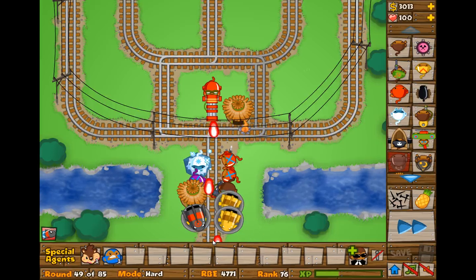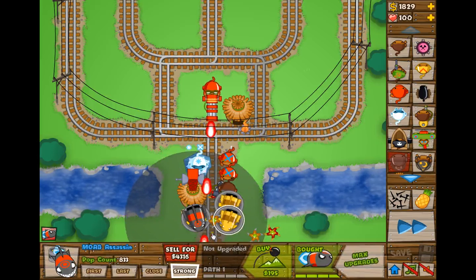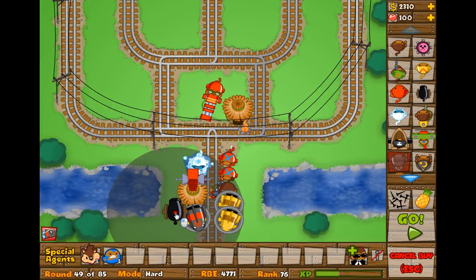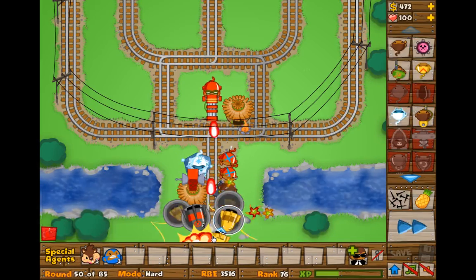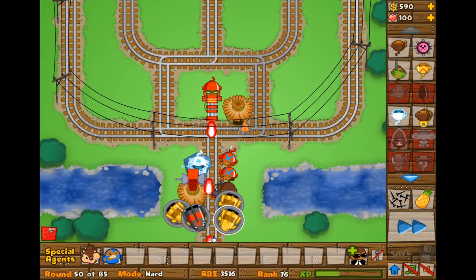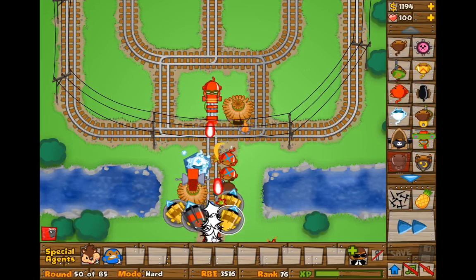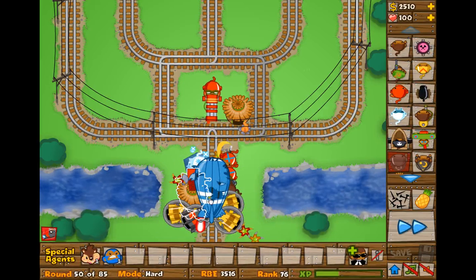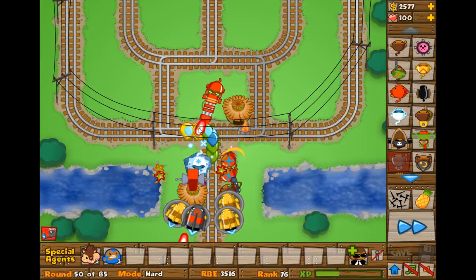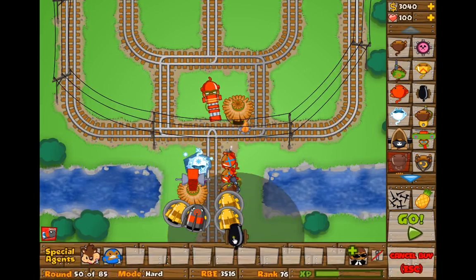Alright, let's get this. So 4 plus these fast-firing towers should be enough to kill this second Moab before it gets too far. Yeah, not with that ice tower positioned there, it was a nice little freeze that got off. Okay,